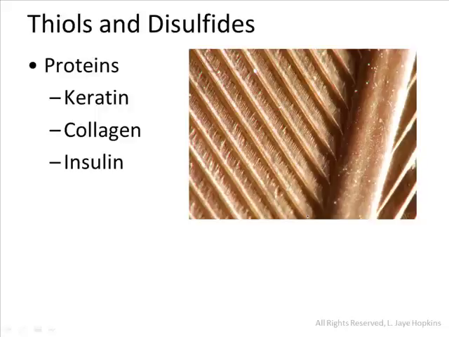I want to mention one other place that these disulfides play an interesting role, and that's in rubber. We think of rubber as a bouncy, stretchy substance. There's actually a lot of different substances that we use and call rubber in our modern lives. Some of it's synthetic and some of it's derived from natural sources. But originally, rubber was derived from one particular tree. And it wasn't as bouncy and flexible as the rubber that we think of today